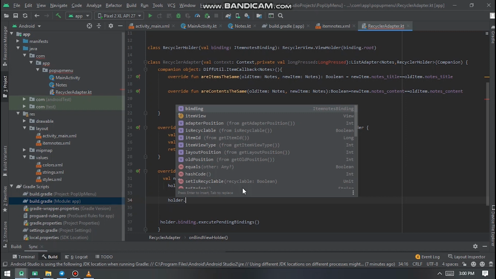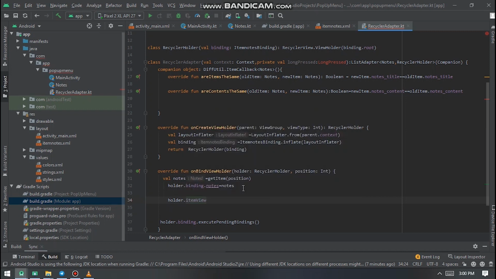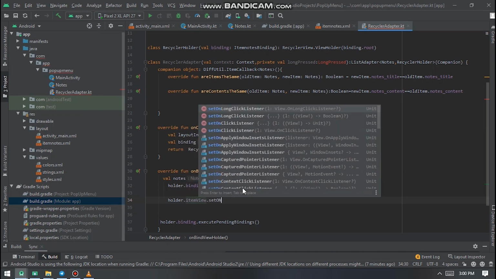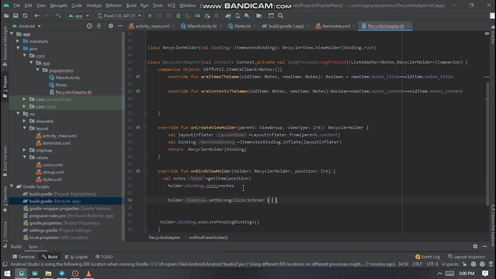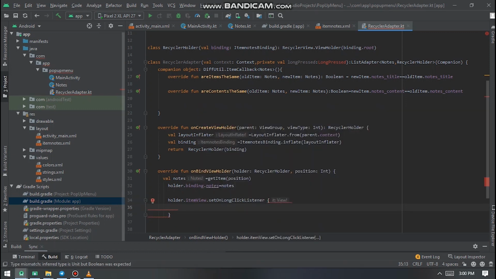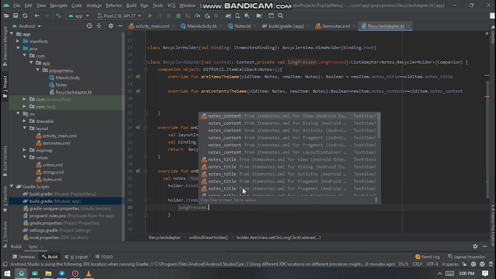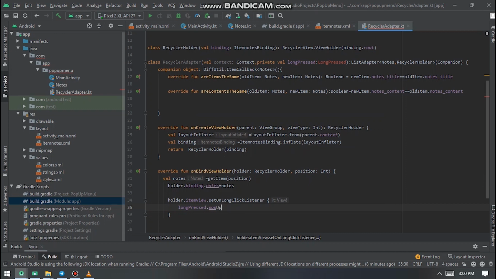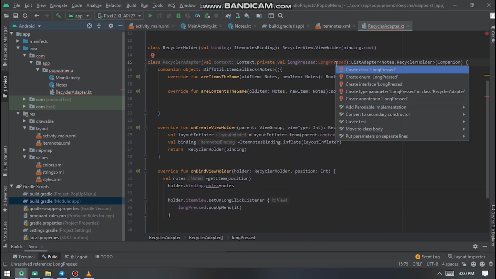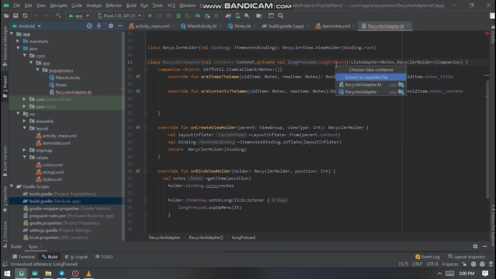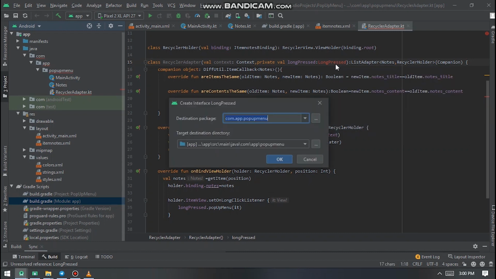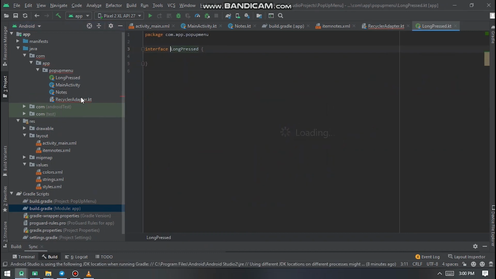So we create a setOnLongClick, and then we pass in our interface of pop-up menu. So this is a function in our interface which we've not yet done. So we create an interface, extract it in a different file,